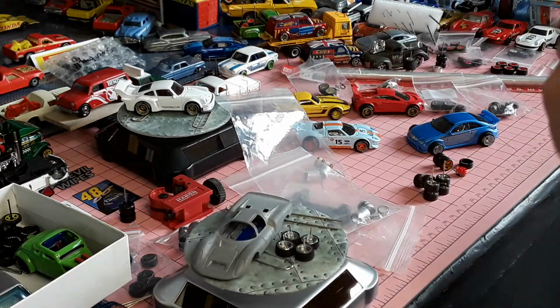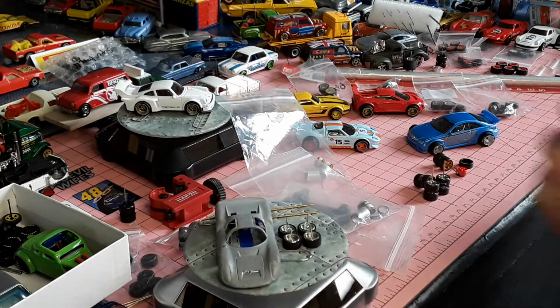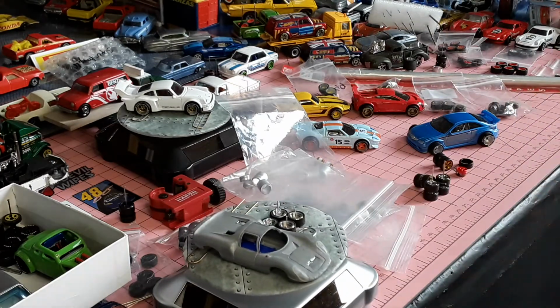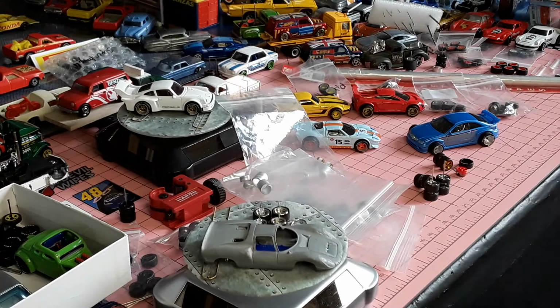8mm, yes, right, so I'll put that back in there so I don't get it confused with the other ones there. Right, bang, put it up there. So that's what I use that for. That way you get the rims all the same size, because you want them all to be the same size,